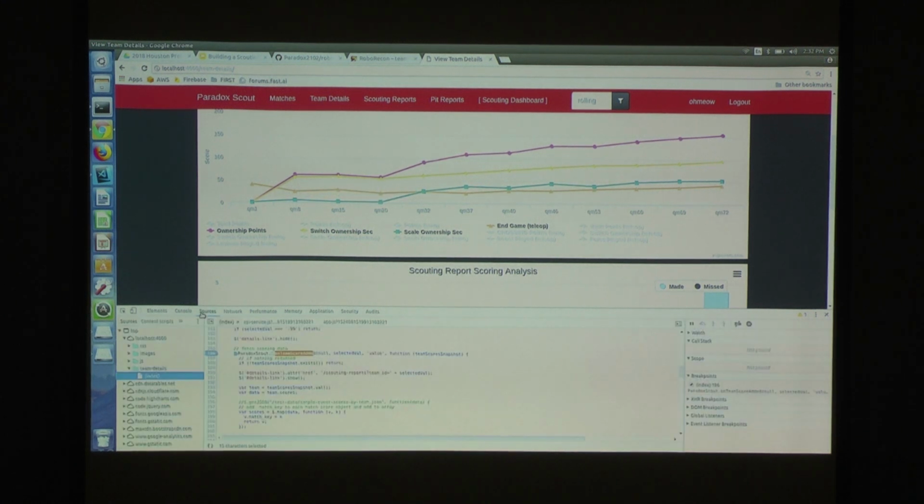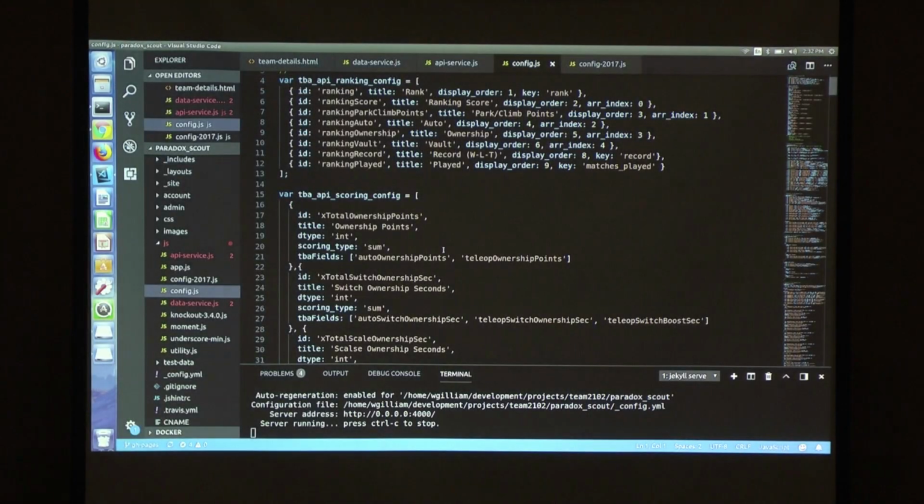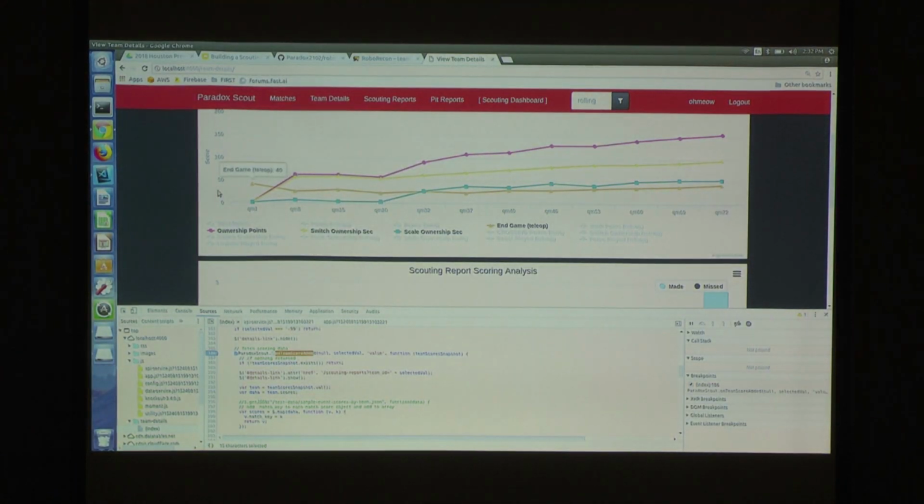And then you can go into sources. This is where you can actually see all of our JavaScript files. These are just some random things. I actually made a breakpoint here. What that does is if I refresh the page, it'll stop here and I can see the variables that are inside of that, though I don't think I'm on the right page? Oh, no, I am. Okay, so if I refresh this,